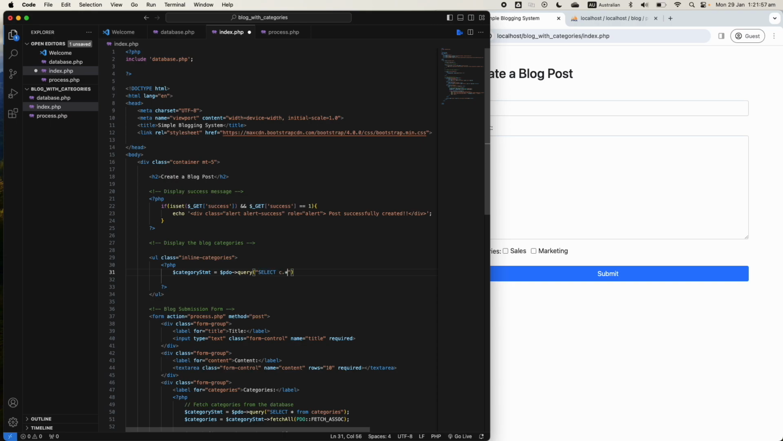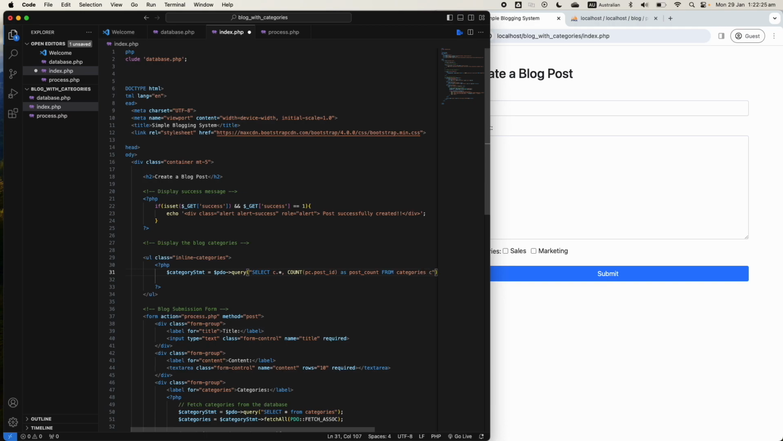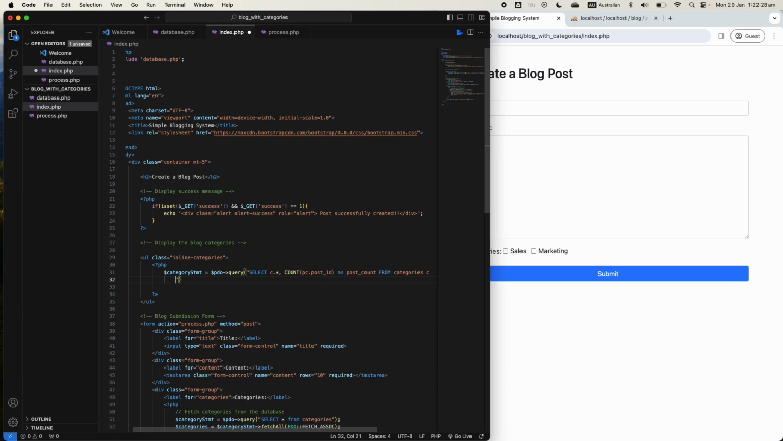Now we're gonna name an alias called select all, and then we're gonna count post category from post ID as post count from category C, and then we're gonna use left join. So it will be left join post